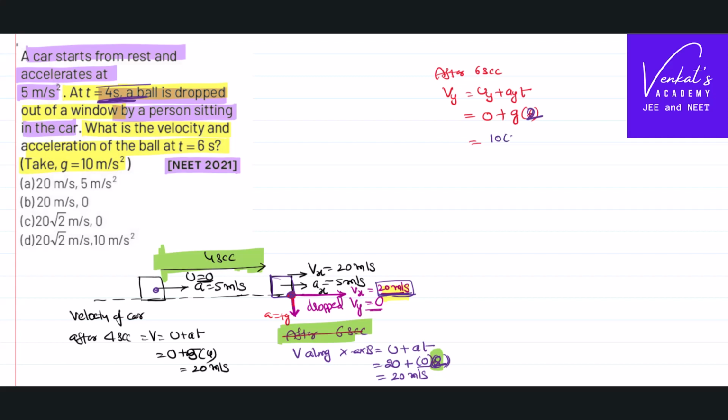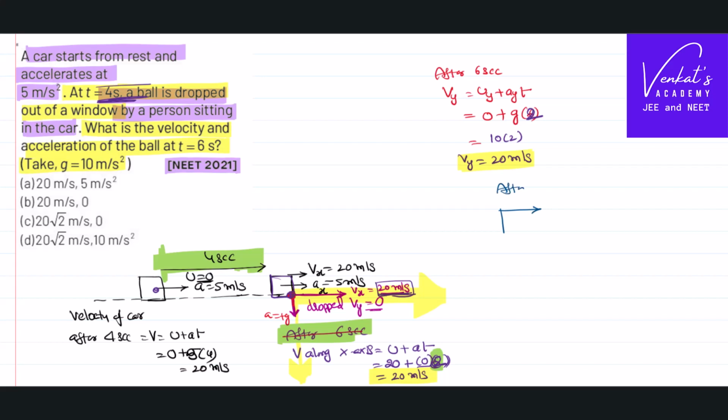So g is 10 and into 2, that is 20 meter per second. So the particle will have this velocity here and this is also having a velocity here, right? So in the direction of x, it is having a velocity 20. The direction of y also, it's having a velocity 20. So if you draw a diagram for your convenience,